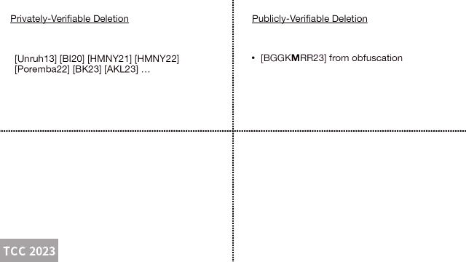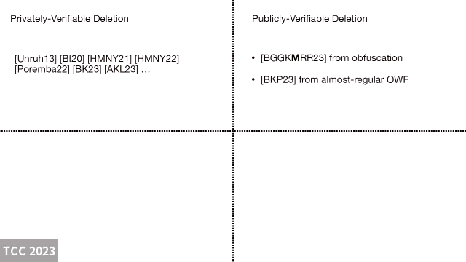But one thing that all these works have in common is that the deletion process is privately verifiable, with a private verification algorithm. This means that to verify that the data has been effectively deleted, you need some secret information that should not be revealed to the server who is supposedly deleting it. Now, here are a few works that actually consider the problem of public verification for deletion, in the sense that there is no secret information needed to verify the deletion. A work of Bartusek et al. considers this problem in the context of obfuscation with certified deletion.